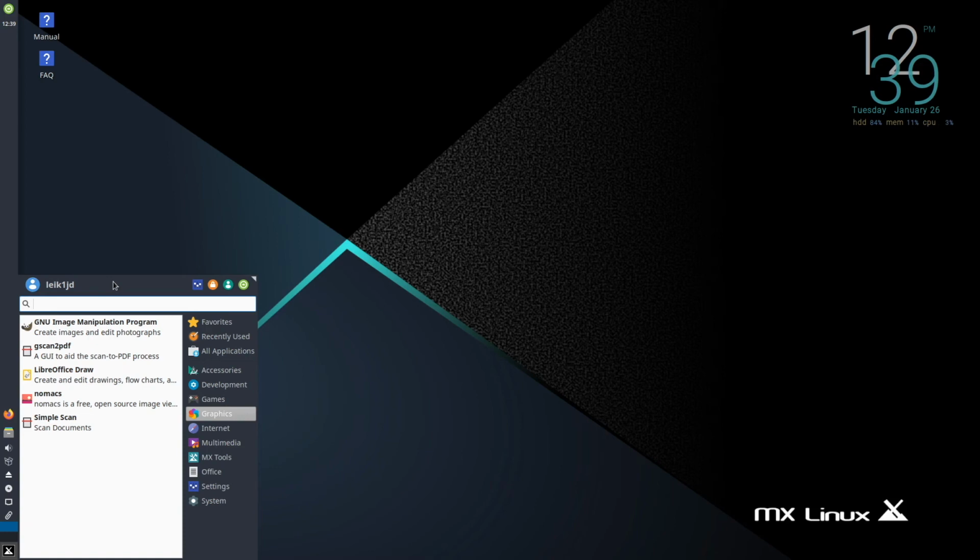Are there other XFCE based desktops that are a little more polished? Yes, absolutely. If I were going to make a recommendation of an XFCE based Linux distribution, I would recommend Mint. And the reason for that is that it is a little bit more refined. It is a little bit flashier looking on the surface,